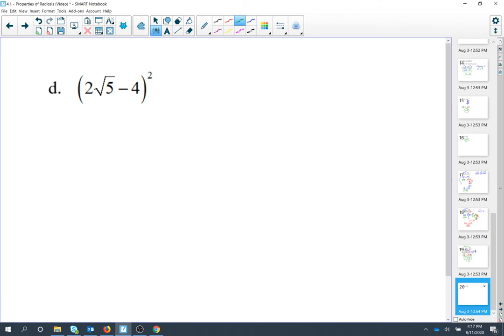Last but not least, letter D. We have the quantity 2 root 5 minus 4 squared. Do you remember how to deal with a quantity squared, especially when we're subtracting? And please don't tell me to distribute that too. You can't do that. The reason is because there's a minus sign in here, so we have to write it twice. So we're going to do 2 root 5 minus 4